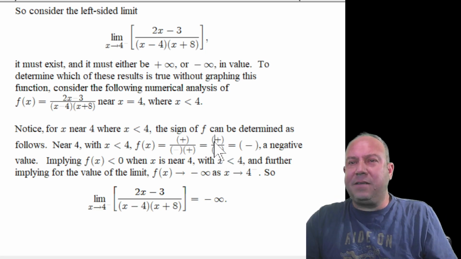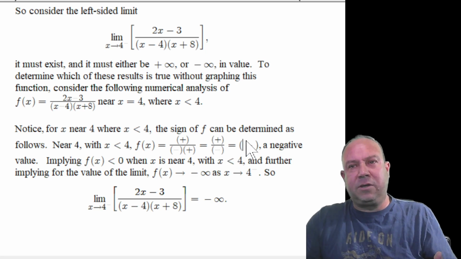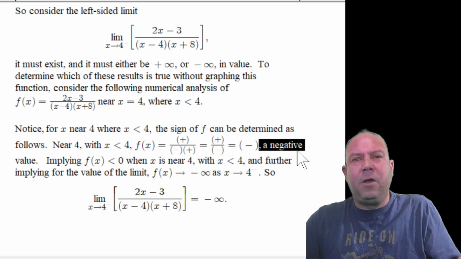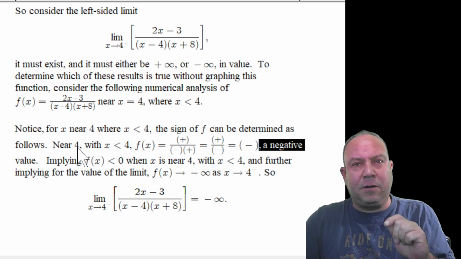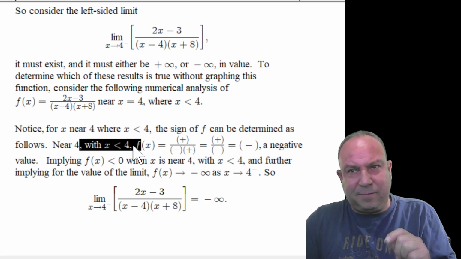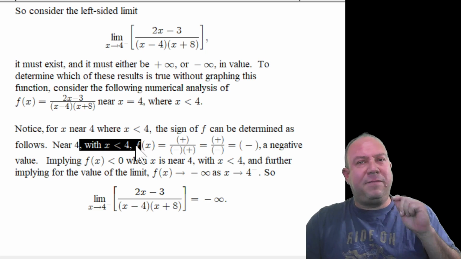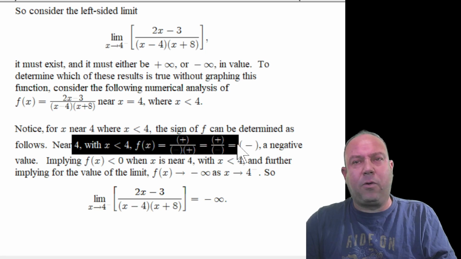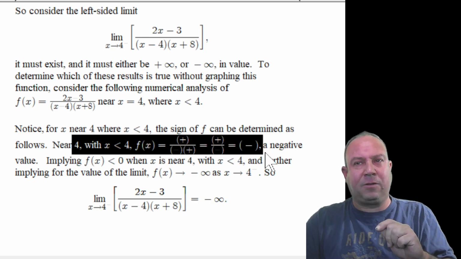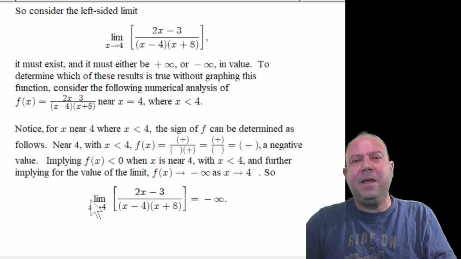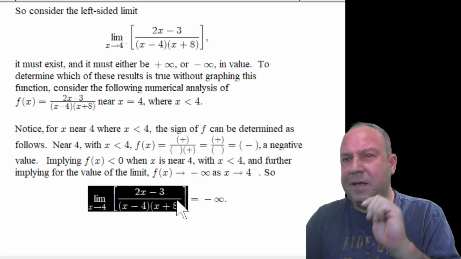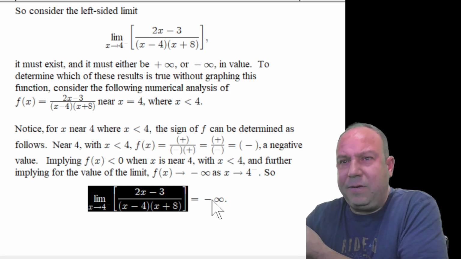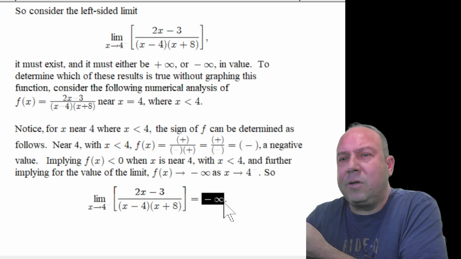And if we take a positive divided by a negative, the result is always going to be a negative. And a negative value, regardless of the number we pick that's near 4 when x is less than 4, will always be the value for our function. When x is near 4 with x less than 4, f of x will always be a negative value. So that limit for the approach along the left-hand side will be negative, which implies we must be heading towards negative infinity